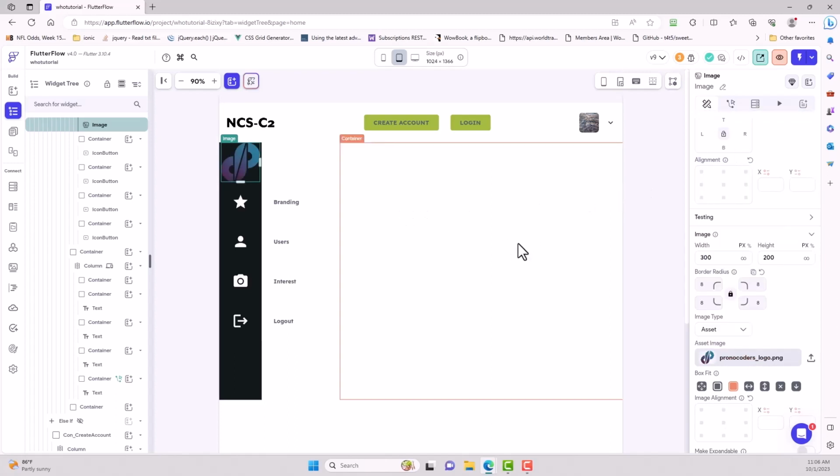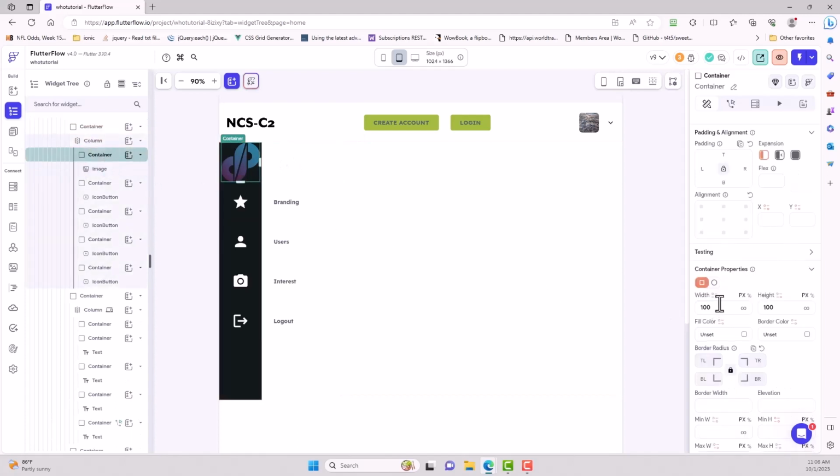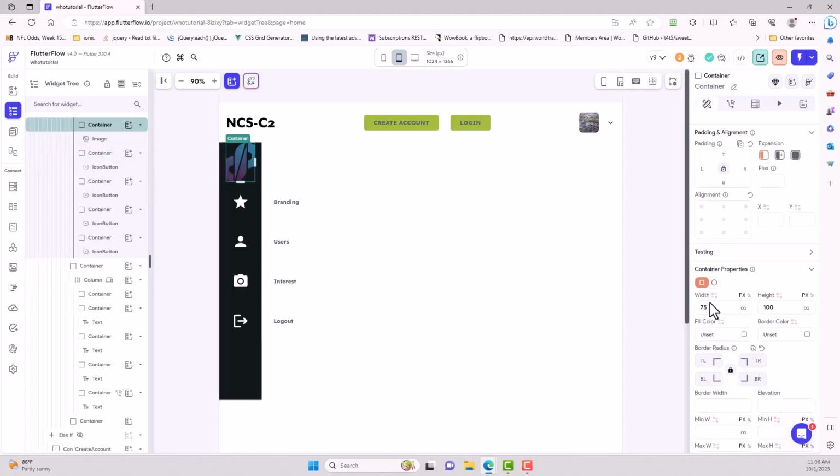And it needs to be a little bit smaller. So we're just going to resize that over here. Let's try 150. That didn't take. My numbers lock came off when I rebooted a moment ago. 150, 150. That is not working, so we're going to do it in the container above. So we'll make that container. Let's make that 75 by 75. Okay, so we have now put in the Pro No Coders